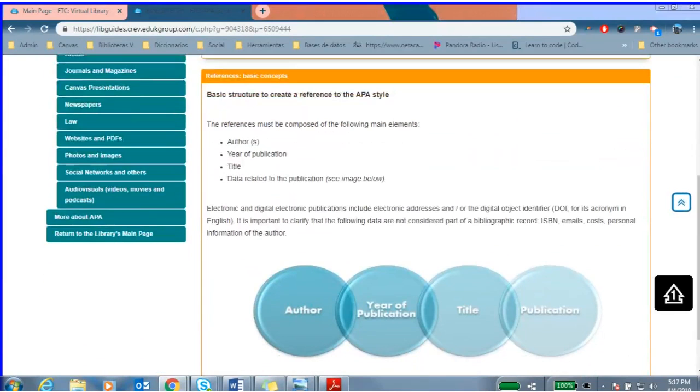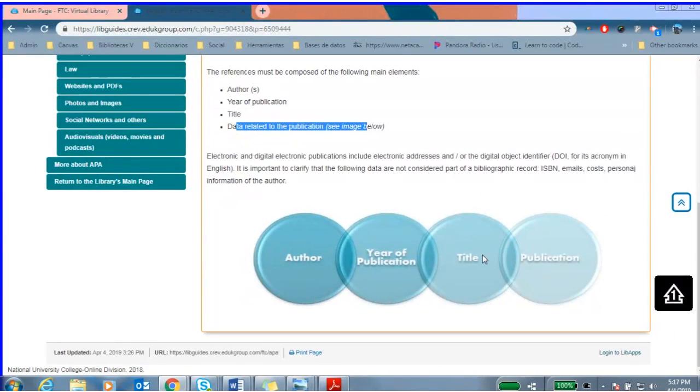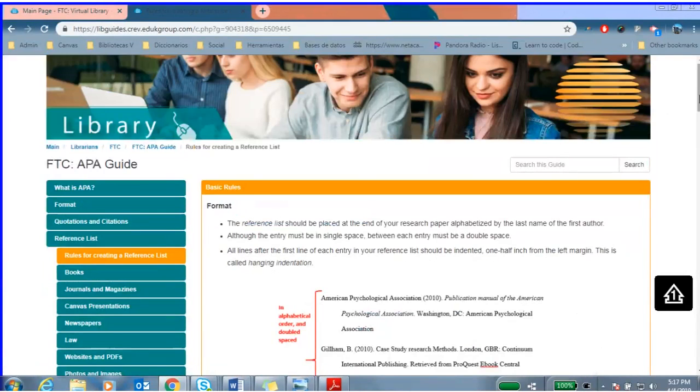This is the main structure. The elements that you should always have are the authors, year of publication, the title, and the data related to the publication. We're going to explain that soon in more detail. These are the four main elements. Depending on the format of the source, the reference is going to change. But first, let us know the basic rules